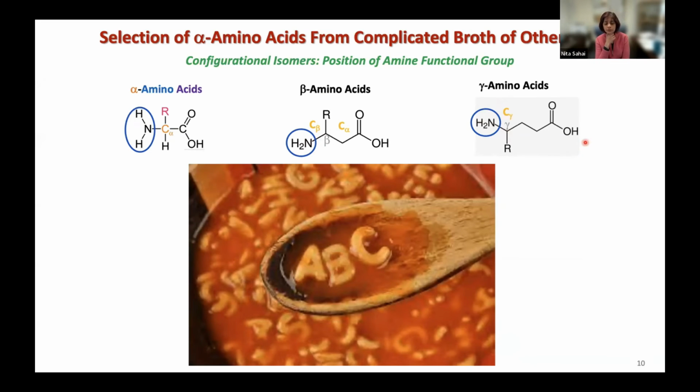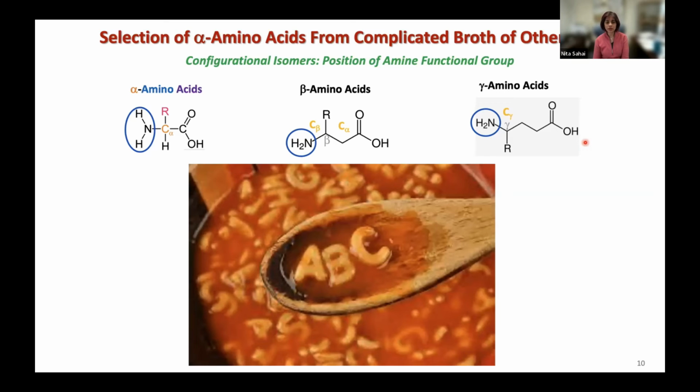Why did biology primarily select alpha amino acids, although not entirely exclusively, almost exclusively? How did that selection occur? So staying within our framework of the systems chemistry of the clay-catalyzed RNA polymerization and amino acid acting as co-catalyst, we said, let's see whether these other amino acids, the configurational isomers like beta and gamma, have the same effect as the alpha on enhancing or inhibiting